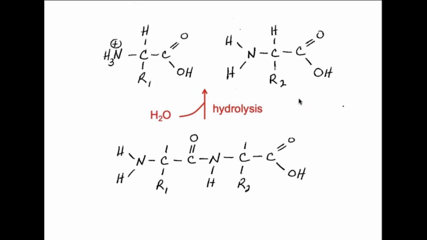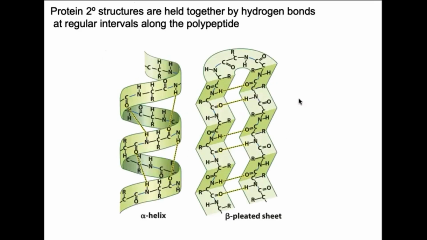a chemical reaction. Now, for the secondary structures, those are also held together pretty tightly, and that's because you have, although they're only hydrogen bonds, which are not chemical bonds and not nearly as strong as a covalent bond in an aqueous solution, there are so many of them, and they're at regular intervals throughout, whether it's a beta pleated sheet structure or an alpha helical form. Lots and lots of hydrogen bonds, and